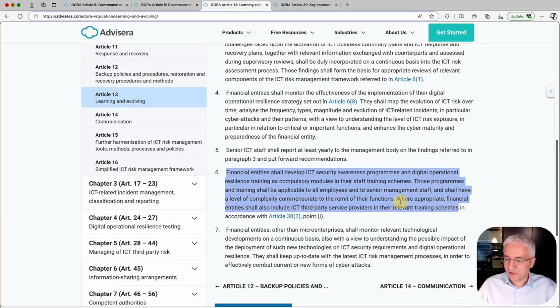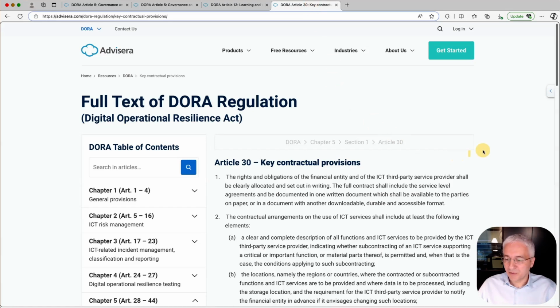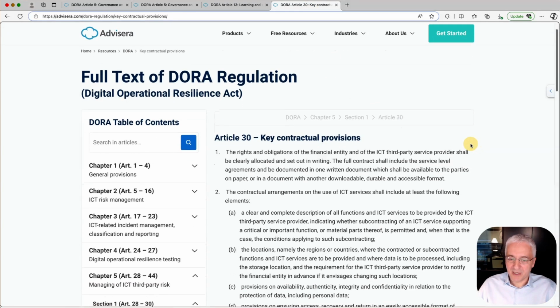Now this is also interesting here, the next sentence, where appropriate financial entities should also include ICT third-party service providers in their relevant training schemes. So in other words, the obligation is not only for the financial entities but also, where appropriate, for their ICT suppliers. And Article 30 is about which contractual clauses financial entities need to insert with their suppliers, and there is